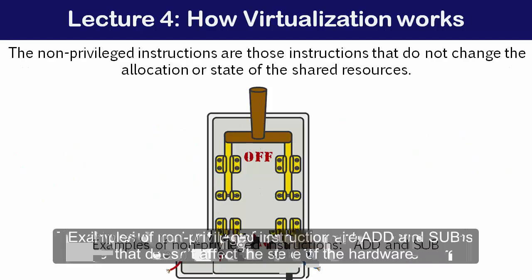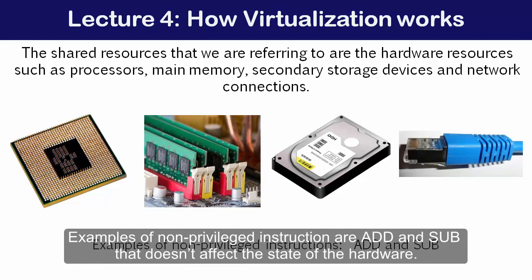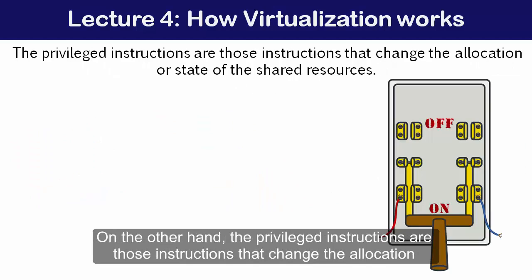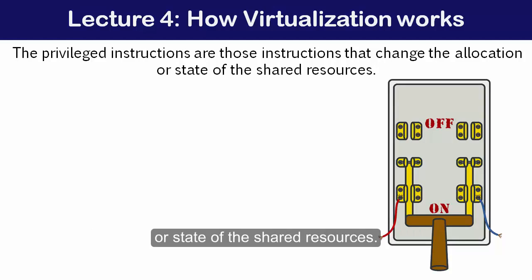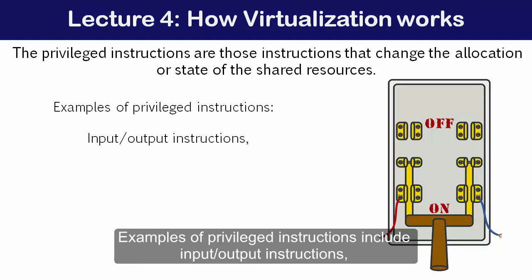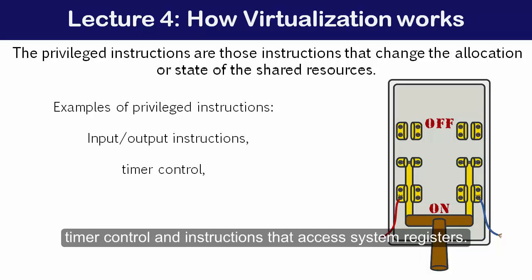Examples of non-privileged instructions are add and sub that don't affect the state of the hardware. On the other hand, the privileged instructions are those instructions that change the allocation or state of the shared resources. Examples of privileged instructions include input-output instructions, timer